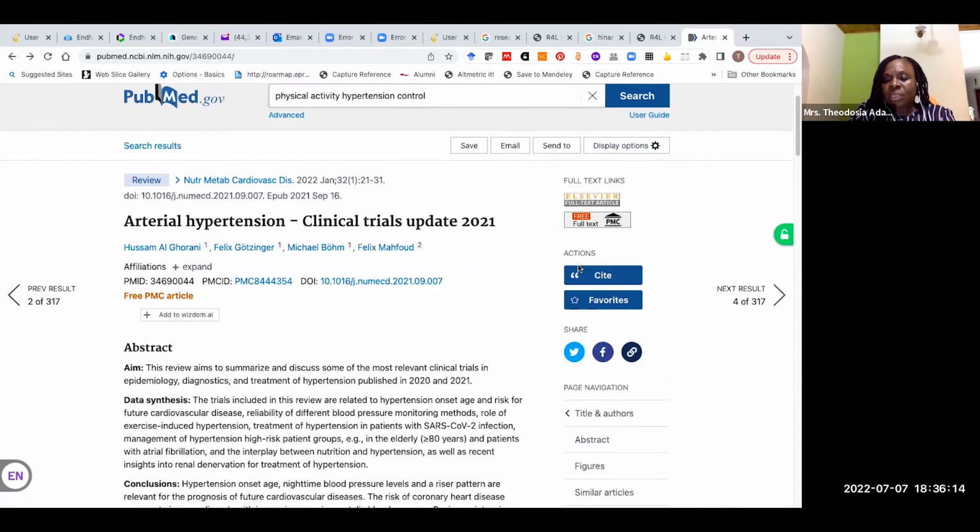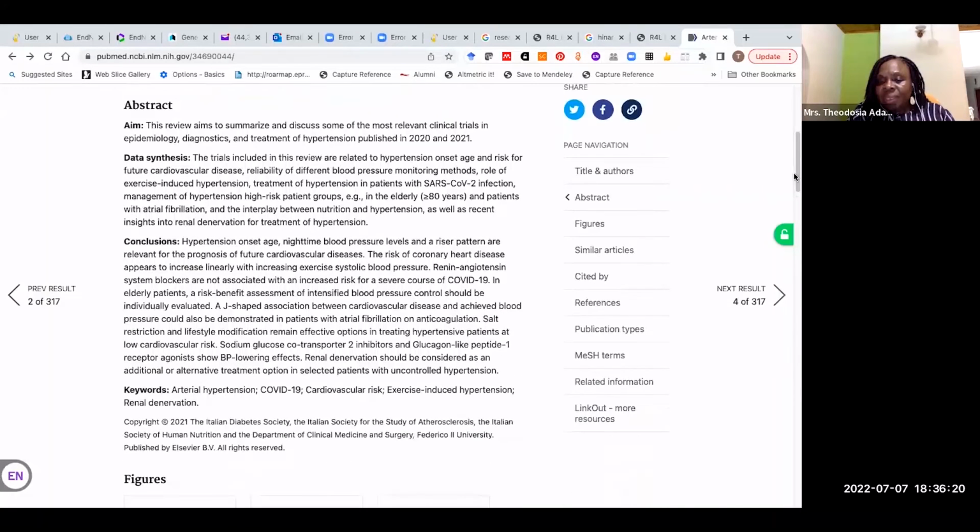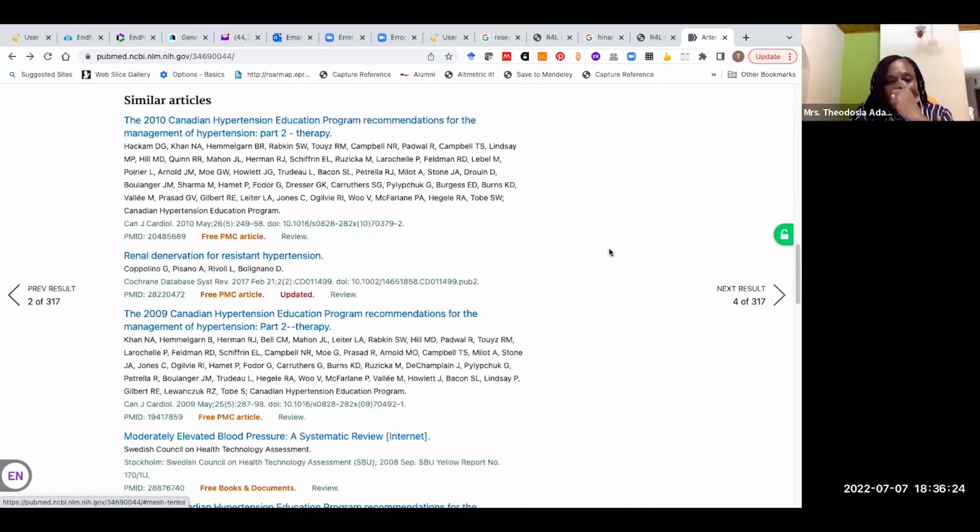To the right of this article, you see similar articles, which you can click on. When you click on similar articles, you get a list which you can look through and find out if they are relevant to your research.